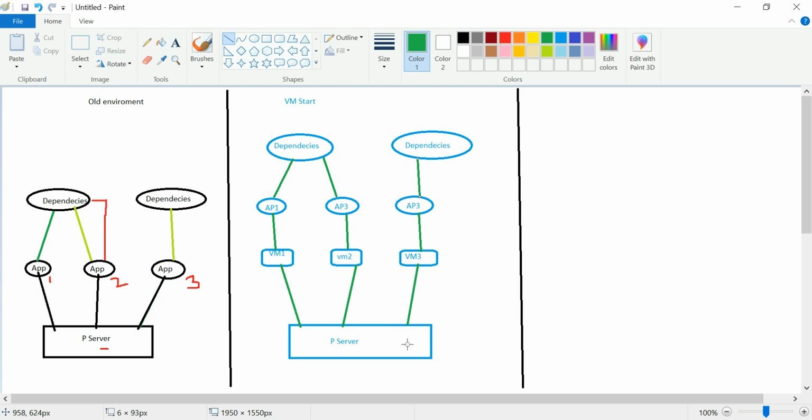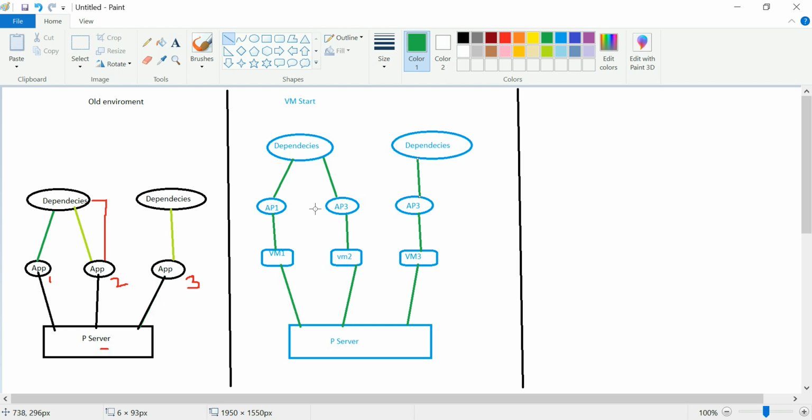On that we installed hypervisor tools like VMware. With VMware we create different VMs.